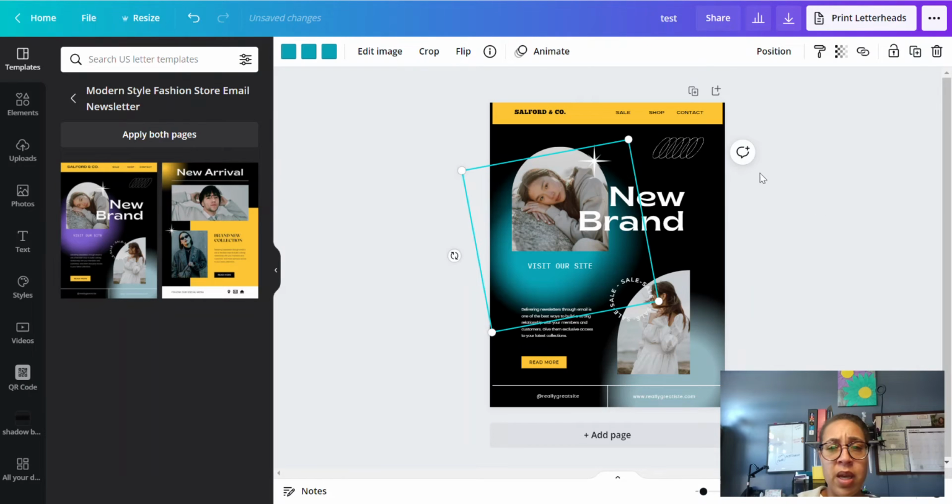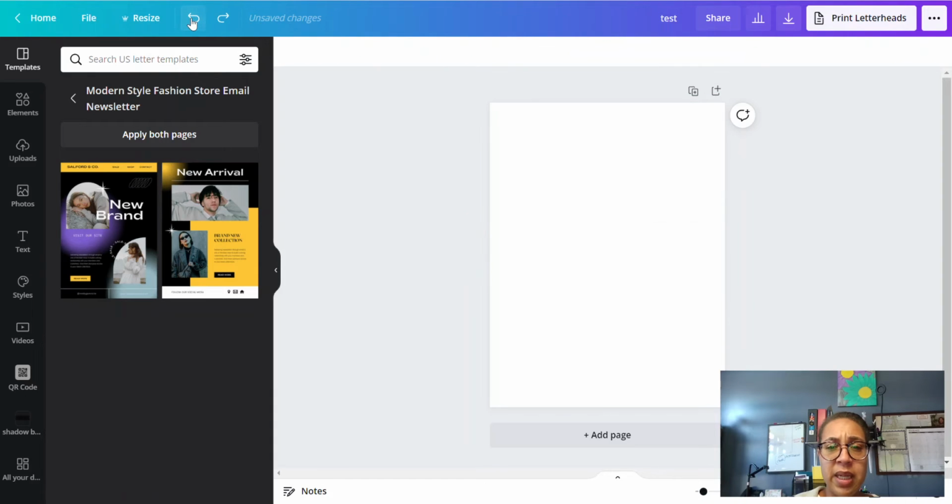Basically, you'd customize this template, make it look exactly how you wanted it, and then you'd be done. But if you wanted to add or start with some blank page,